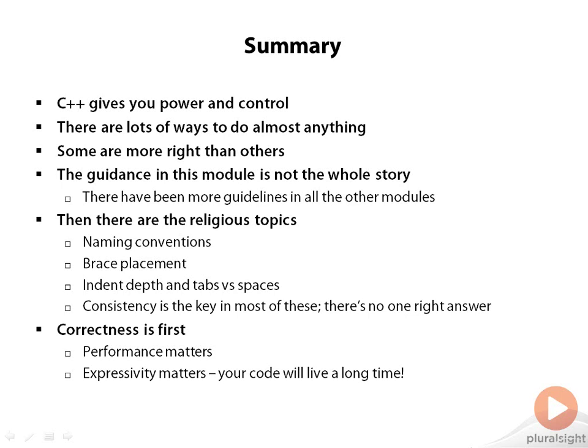And you cannot remember what you meant 15 years ago. And if you're lucky, you're not even looking at that code anymore. Someone else is looking at it and they're not going to know what you meant. That's why expressivity becomes so important. And so if there are two ways to write the code and they both work, but one makes it clear what you're doing, that's the way to do it. If as an extra bonus your code is faster or easier to change later or less likely to have bugs in it, that's even better. And that's what I'm aiming for with these guidelines.